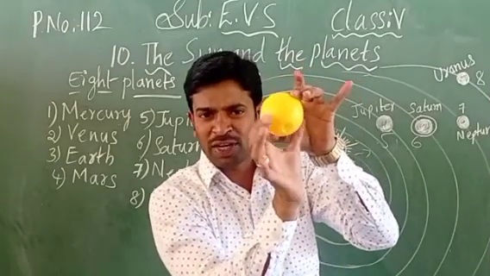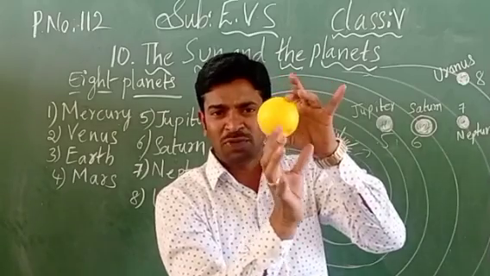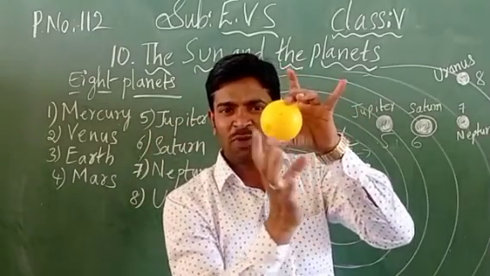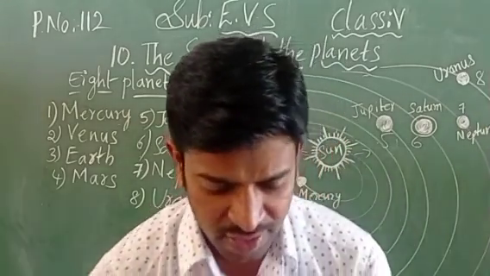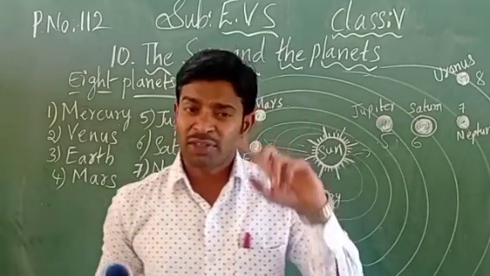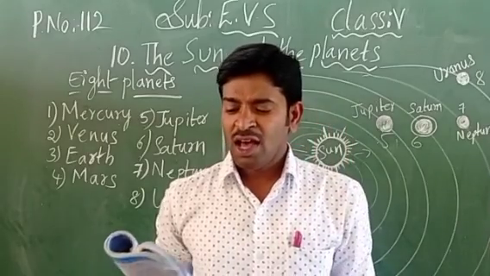How is the ball going to be rotated? In the same way. I can show it nicely on the globe, children. Have you seen the globe? The globe will be Earth, so it is moving in this way. Yes? Right. Next one. So these 8 planets, while rotating round themselves, roundly they are rotating.